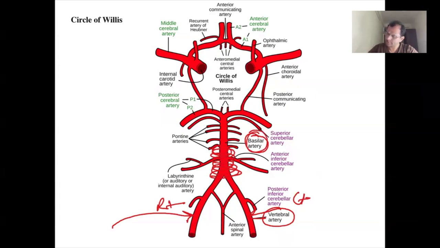Then one branch going in the right side, one branch going in the left side of the brain and supplying the posterior part of the brain, and it is called posterior cerebral artery. So ये posterior supply हो गया। ये posterior supply करना इसका जिम्मा था।